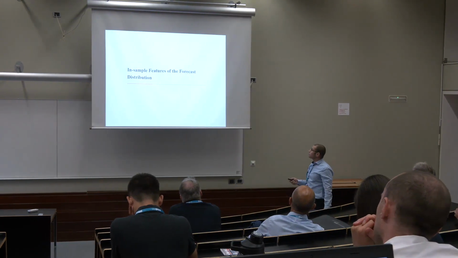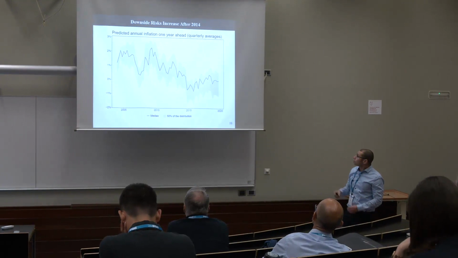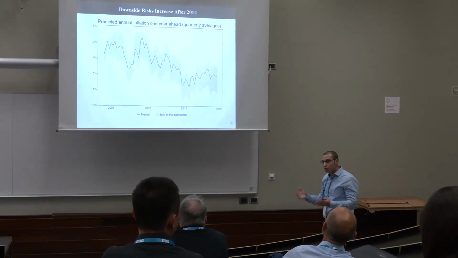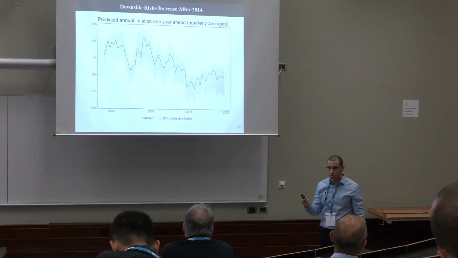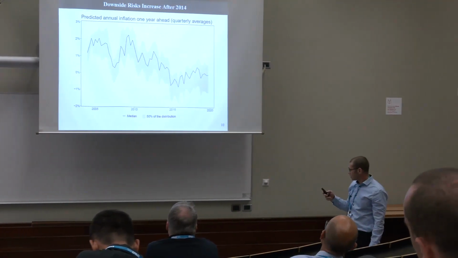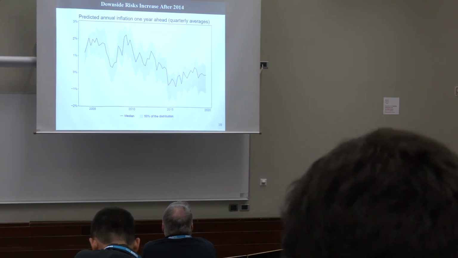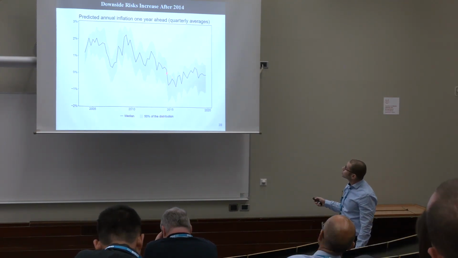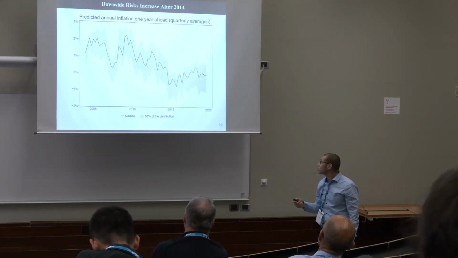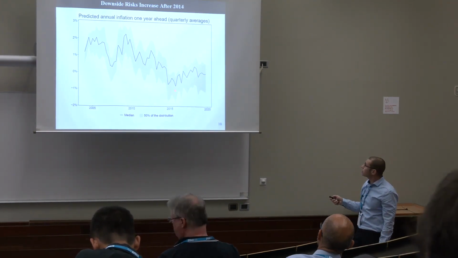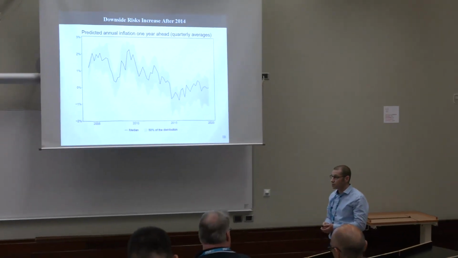Okay. So first we can look at the forecasted distribution itself. You can see it here, and similar to the realized inflation that you saw before, it seems that there are changes in those distributions. So for example, around this period, you can see that the downside risks, those are the lower gray area, the gray area below the black line, seem to become bigger and more dominant.